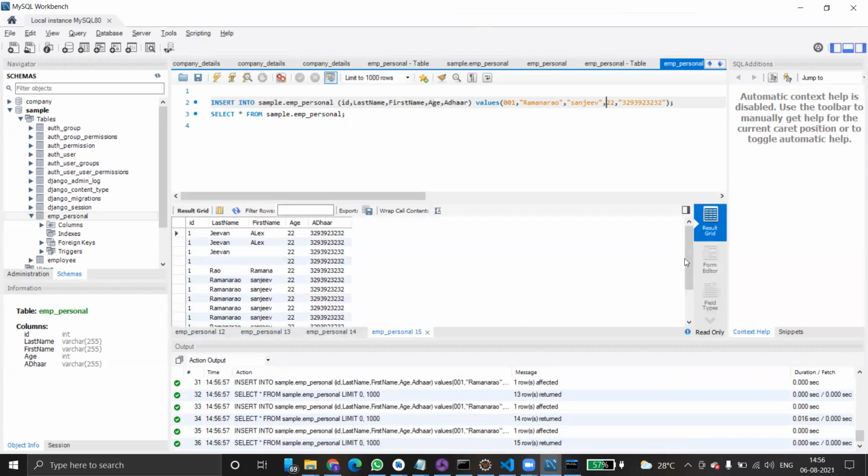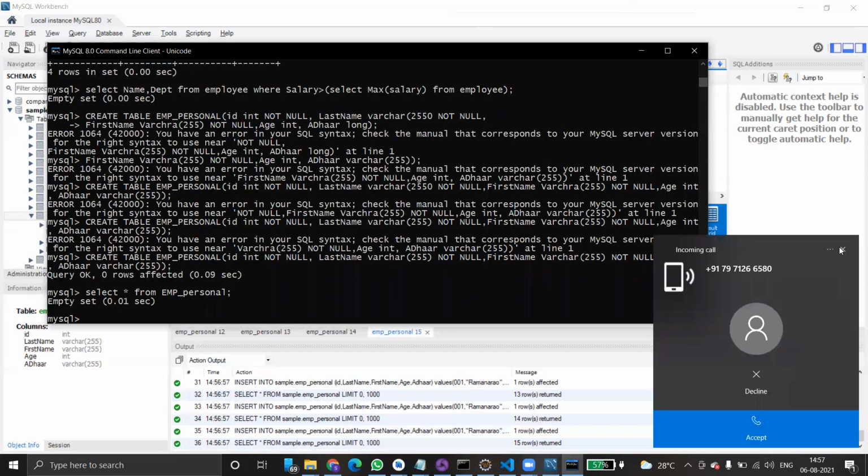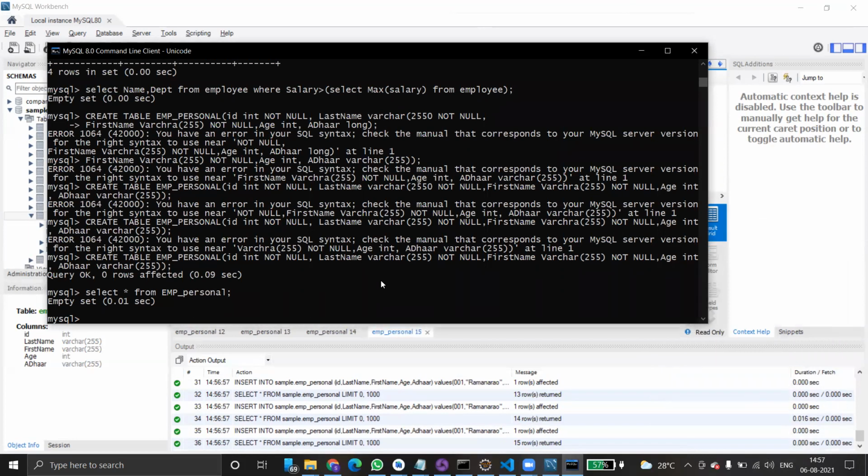Okay, so many records are added now. But if you look here, ID is not unique. Why? We didn't mention any constraint here.